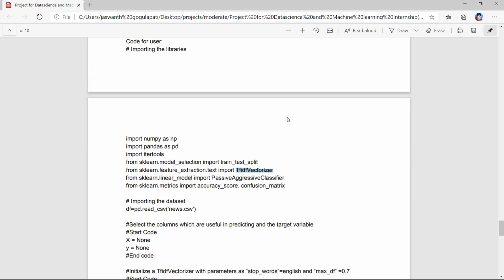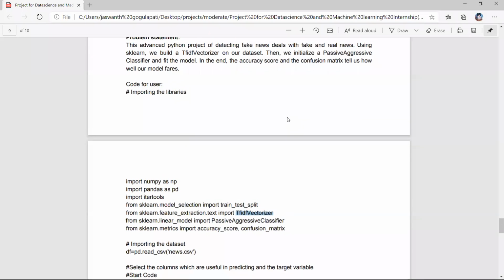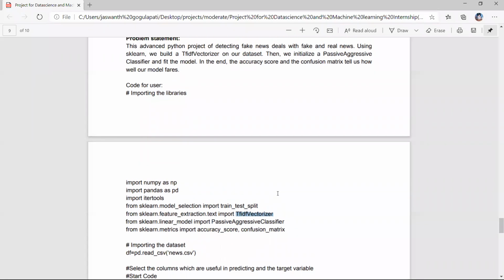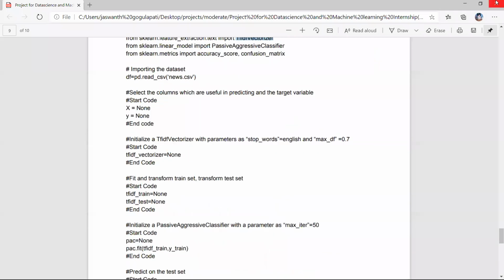But here we're using text, and text has not as much impact as numbers, so we'll create vectors for the text. By using the TF-IDF vectorizer, we are going to create vectors. This is called feature extraction in machine learning terminology. Okay, now I have explained the moderate level also.